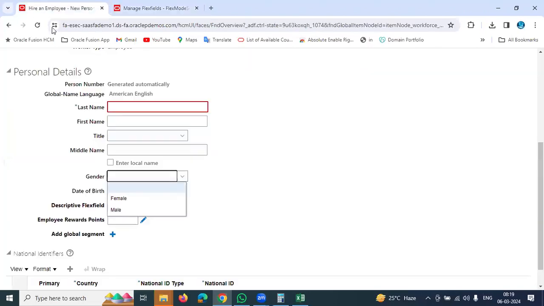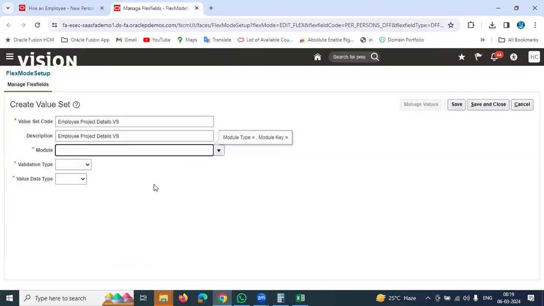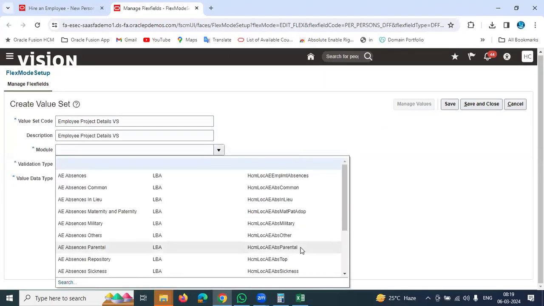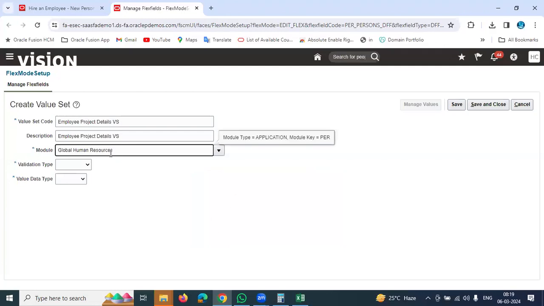Module. As such, we are configuring the field in the core HR module, team. You can use the module like global human resource. All the modules and their sub-functionals, everything you are able to see, team. Then search with global human resource. Global human resource. And here, team, whenever you are creating the value set, validation type, nothing but, team, within the value